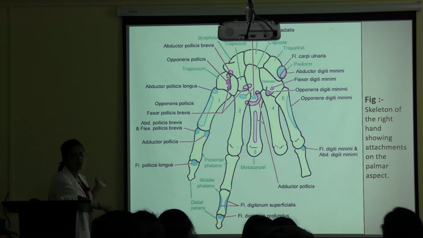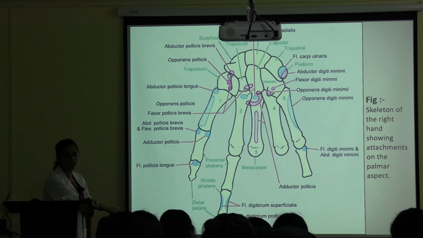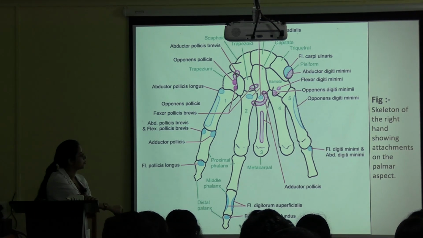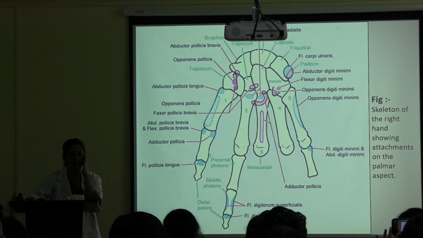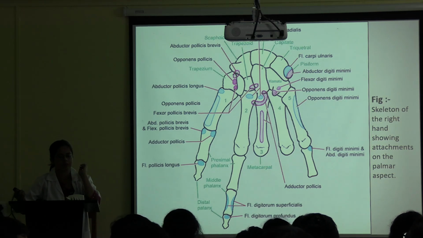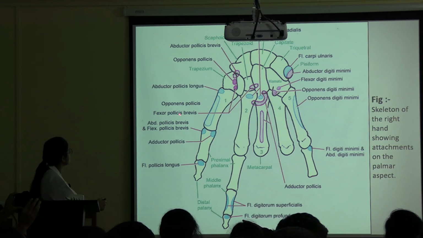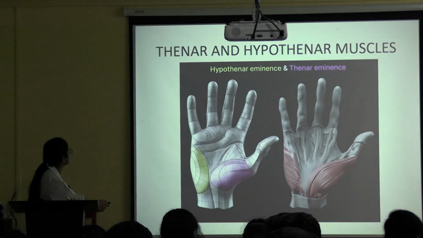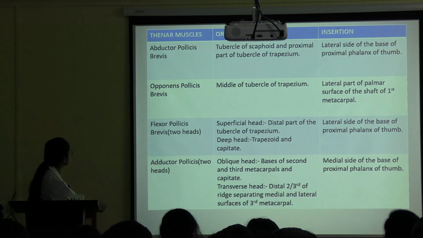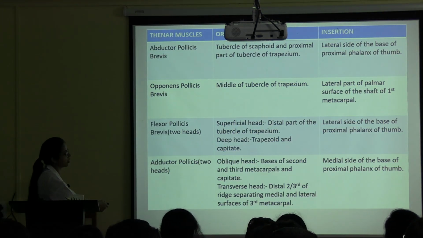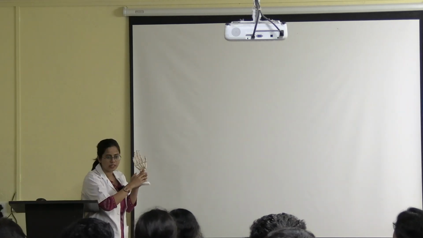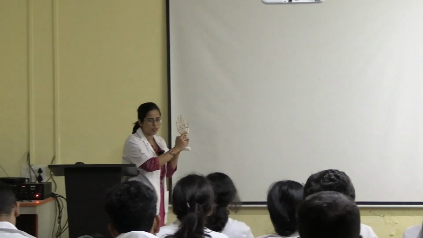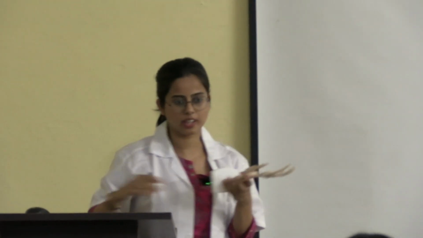So you can take a picture of this diagram so that you can read from here. It will be easier to remember from this picture rather than just mugging up things, because it sometimes gets difficult to mug things. Along with this, one more origin: middle of the tubercle of trapezium. So this is the trapezium, this is the tubercle. So from the middle, it's originating. Opponens pollicis, what you have asked, okay?